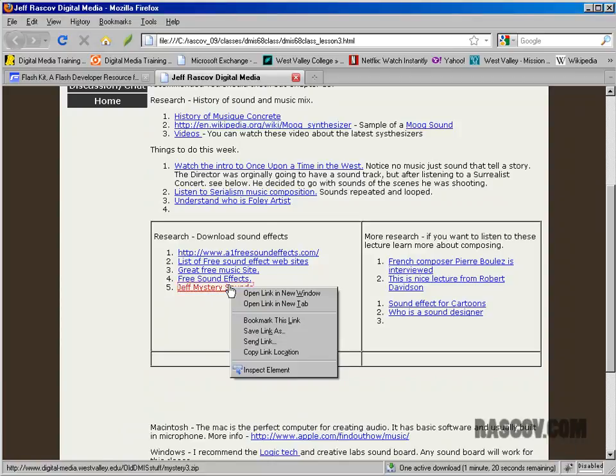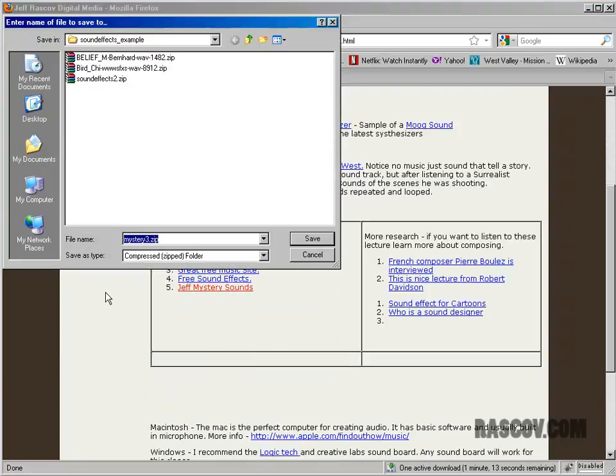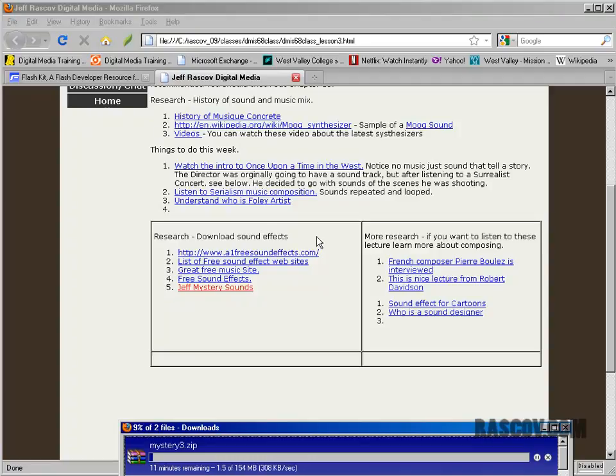I'm going to right-click on there and save link as, and then I can put it where I want. I want to put it in this folder. It's called Mystery 3. It's probably 154 megabytes. It's a bunch of audio sound files that I use in my video classes, and they're able to then mix them. I usually do an audio mix like we're doing for this class, and then put visual images to it. So I'm going to go over a little bit about how to do an audio mix with Audacity after I download all these audio files here, and then we'll get started.